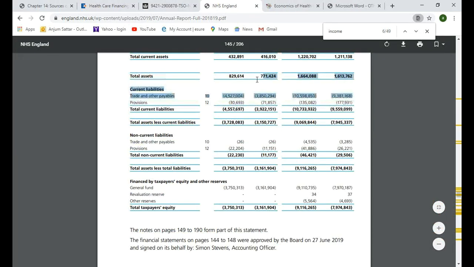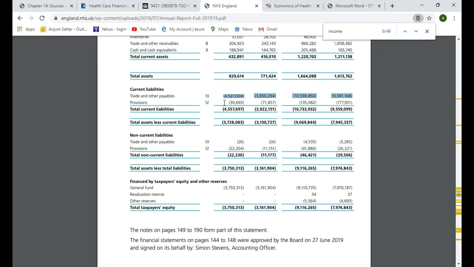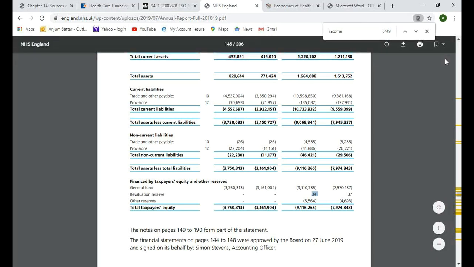Then if we look at the liabilities, we'll see how much they are. These are the current liabilities, which are short-term loans which we need to pay within 12 months. We need to settle them. This is the long term: how much money they borrowed in the long term. It went down. You will see that it was 4,535 million, and now we have 26 million this year. Because times are tough, the government injected more money as well, so they paid off a lot of liabilities. Then general funds,